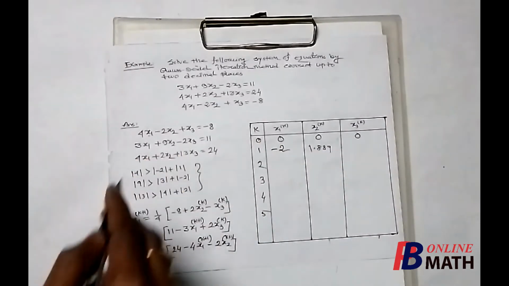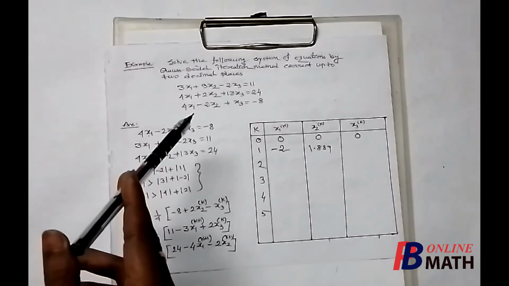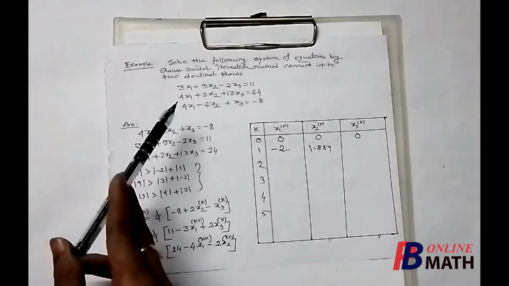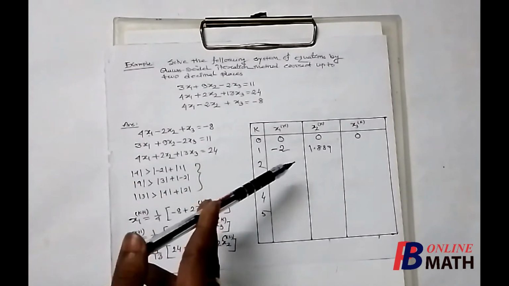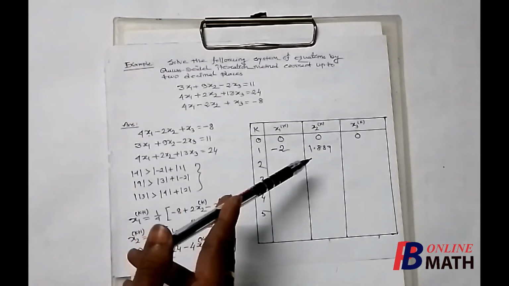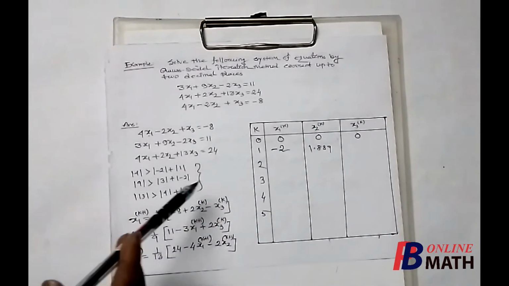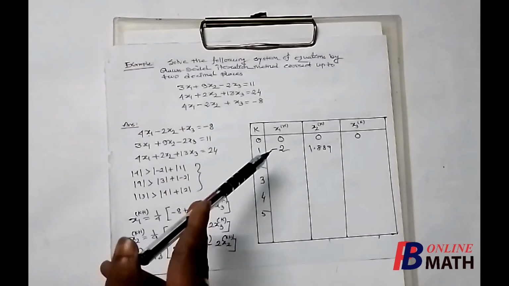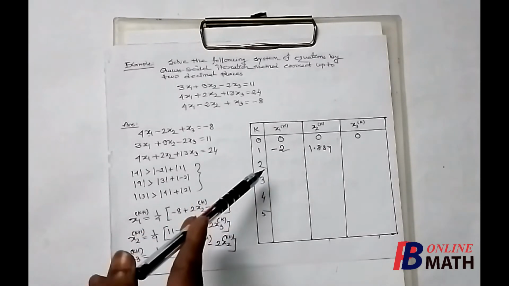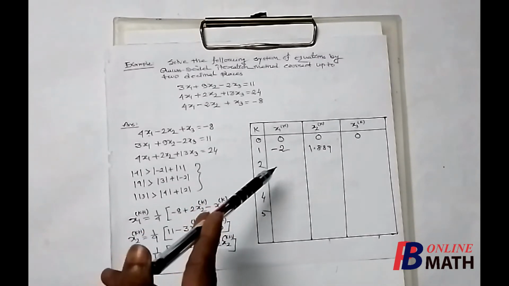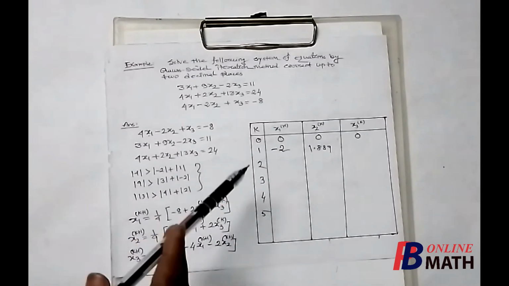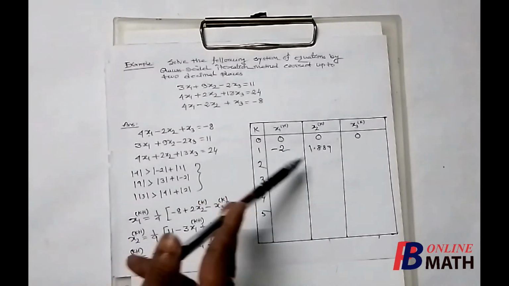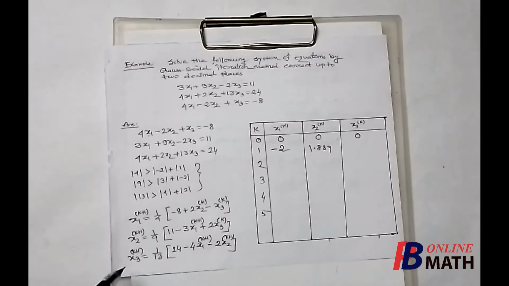Now in the question it is given that we have to find the solution correct up to 2 decimal places. So we shall find all the values which are correct up to 3 decimal places. So we have obtained the latest values of x1 and x2, that means the better approximations of x1 and x2.